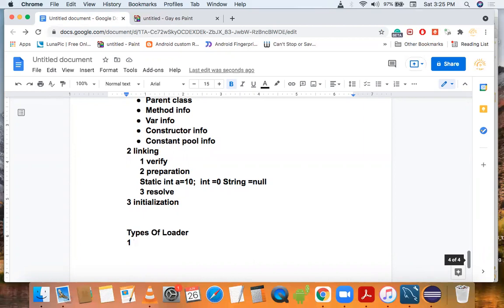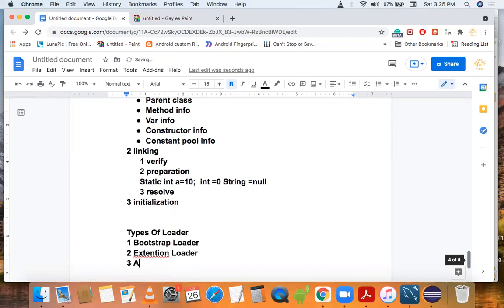So our first loader is the bootstrap loader. Second one is the extension loader, and the third one is the application class loader.